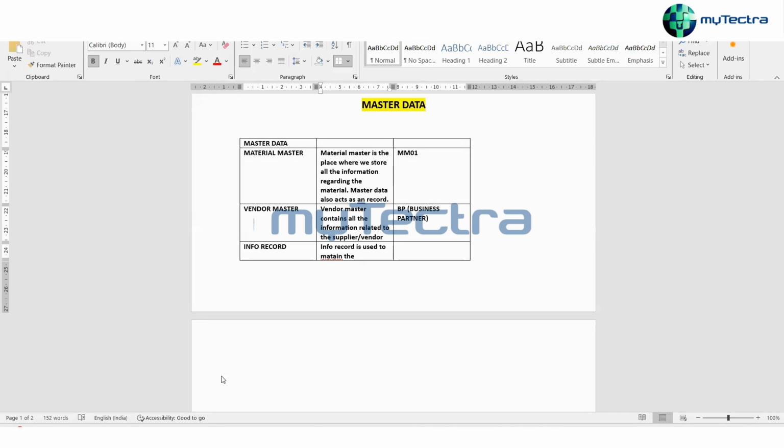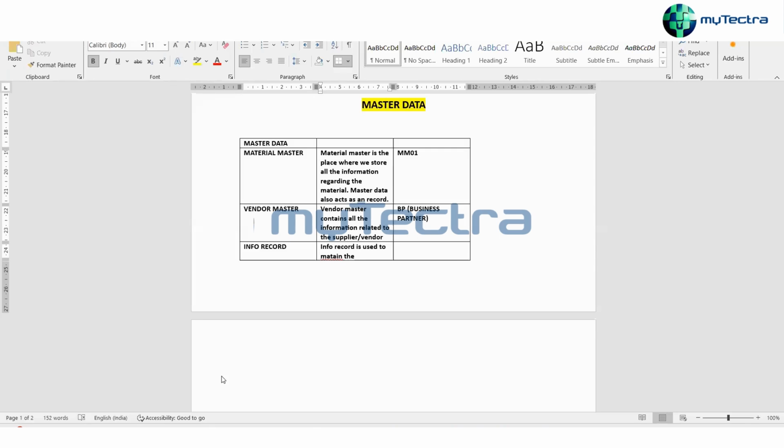You can store all the information: for this material we have this vendor, this price, this tax code, this address, this plant, this purchase organization, this store location. Every time you choose that particular vendor and raw material, everything will be populated automatically from that info record.